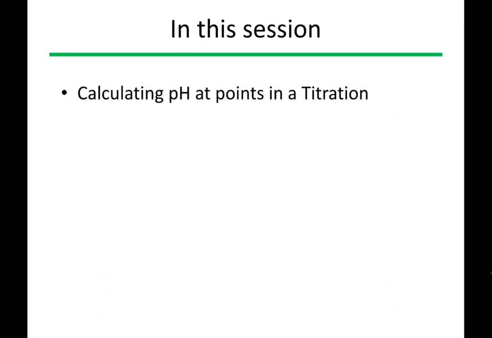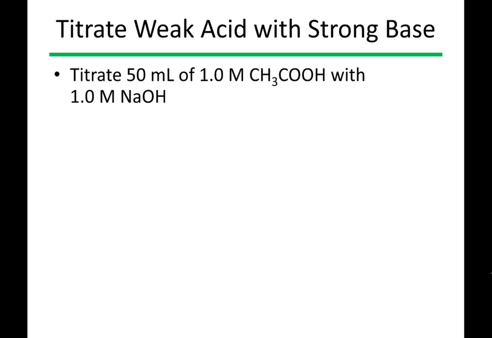In this video, we'll talk about calculating the pH at several points in a titration and explaining what we mean by a titration. So here's our setup. We're going to titrate 50 milliliters of acetic acid with 1.0 molar NaOH solution. What this means is that we have 50 milliliters of the solution. So in practice, maybe we would have it in a flask, 50 mLs, and this is 1.0 molar